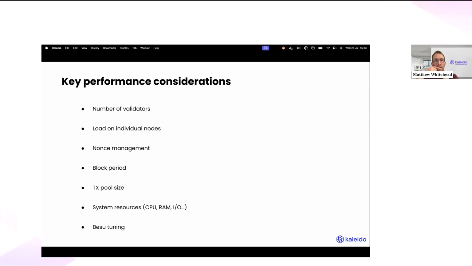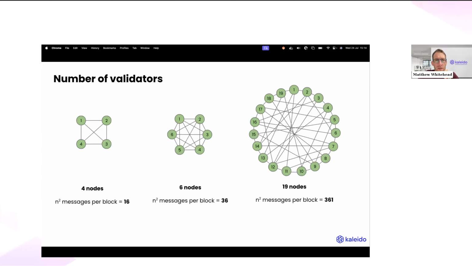So you do need to have a holistic view of your environment in order to achieve a nicely performant setup that's going to reliably churn through good transaction numbers for long periods of time. I'm just going to touch on a few of these to highlight why they're important to consider. So one would be